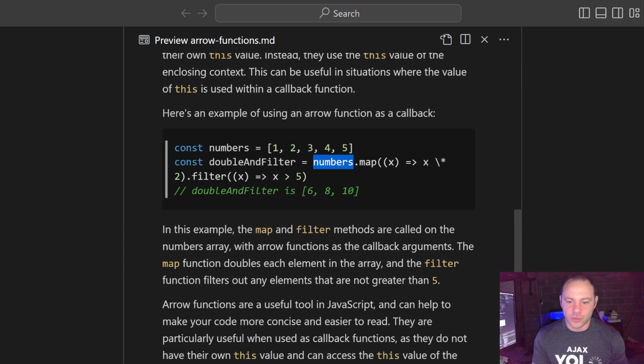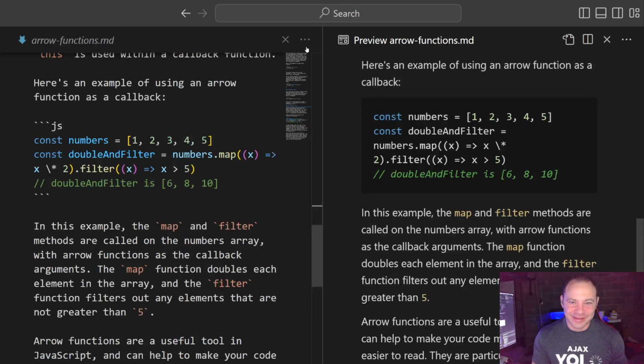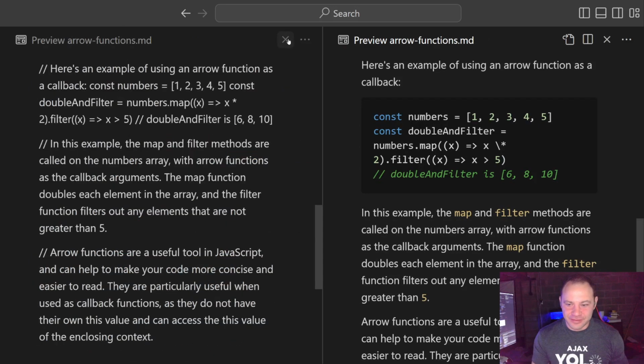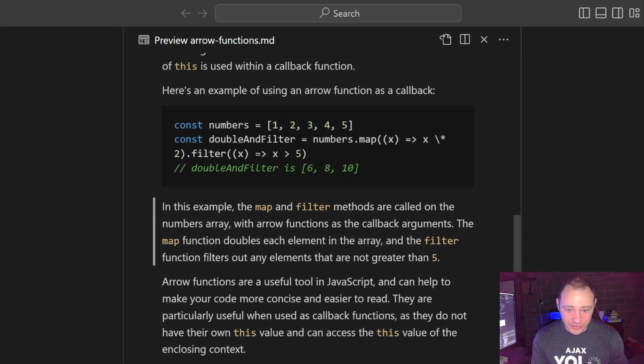Okay, we're going to then call map. Oops, what did I do? There we go. Sorry about that. Didn't realize if I double clicked it would take me right into the file. All right. So anyway, numbers